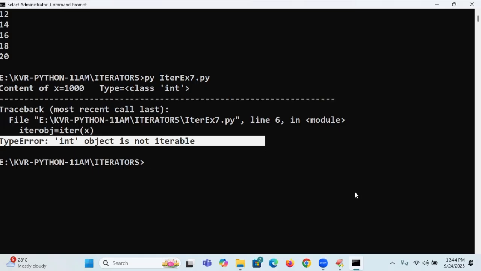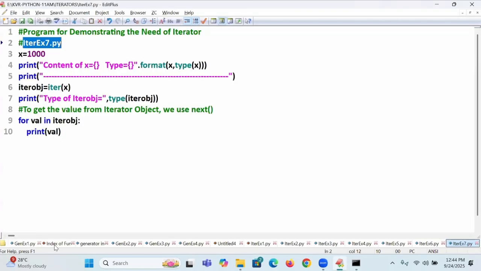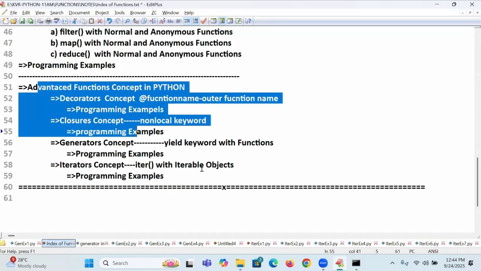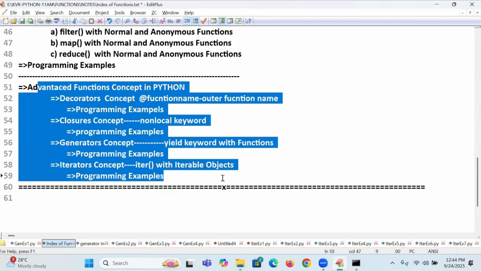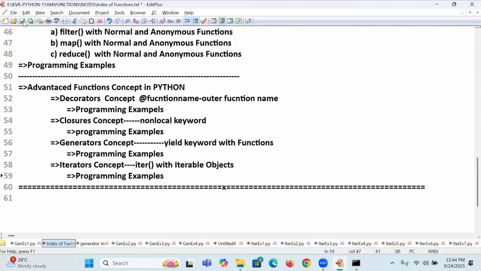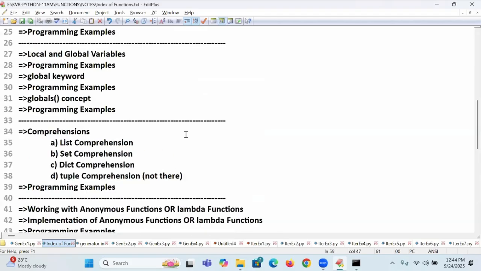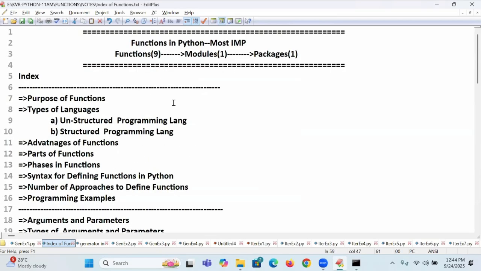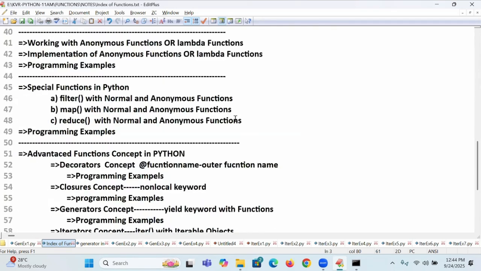So what is the concept called today? Iterator. Finally, your dangerous concept is completed. And next, this is called a function, explained pin to pin. What is completed? Next, what do we go for tomorrow? Modules. And how easy are modules? You cannot imagine how easy it is, you will feel. And this is dangerous and easy.